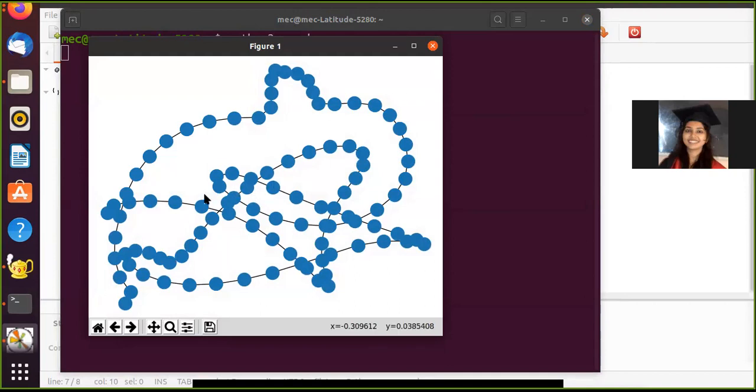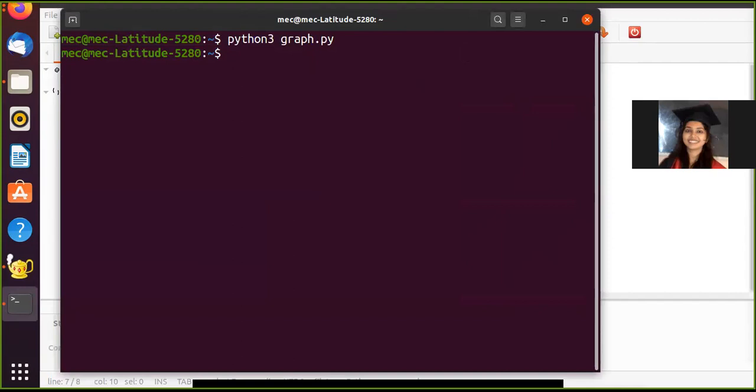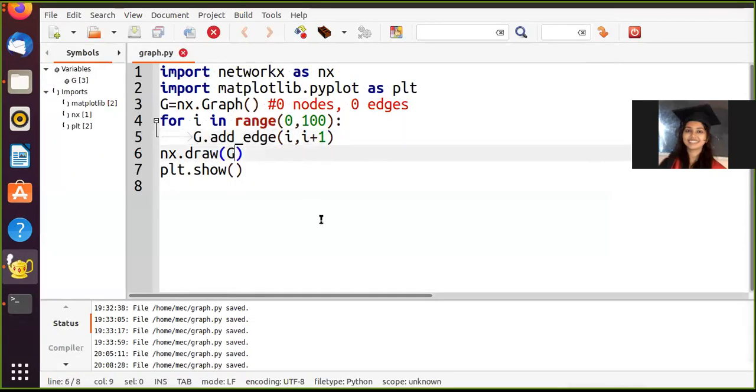The graph doesn't look very nice. I'm not sure how many nodes are there. I want to do certain changes to this graph, so let's go ahead and do them. The first thing one would want to see here are the labels of this graph. Since we have nodes numbered from, I think, 0 to 100, there is a slight difference here. We have, I think, made a graph on 101 nodes.